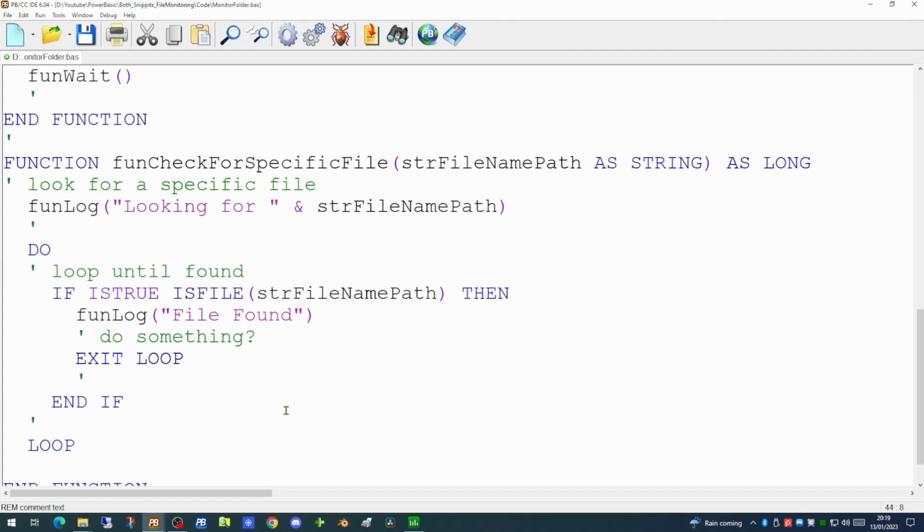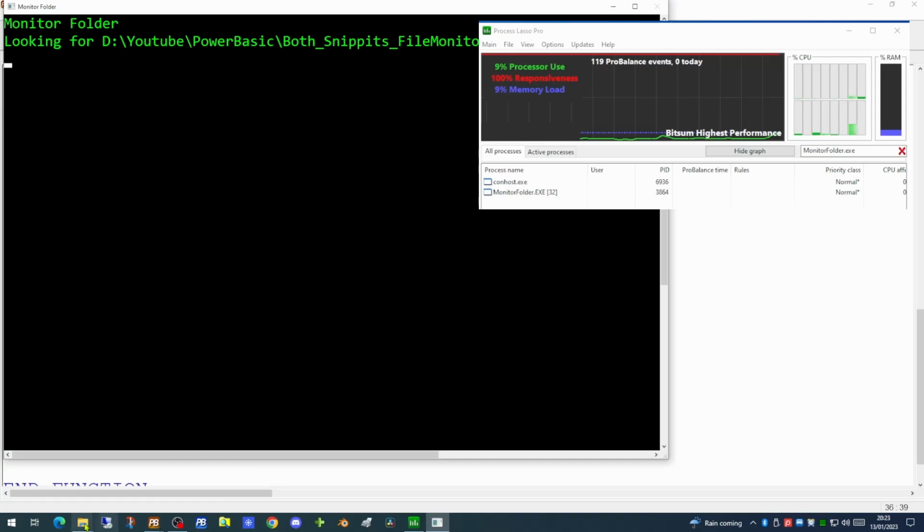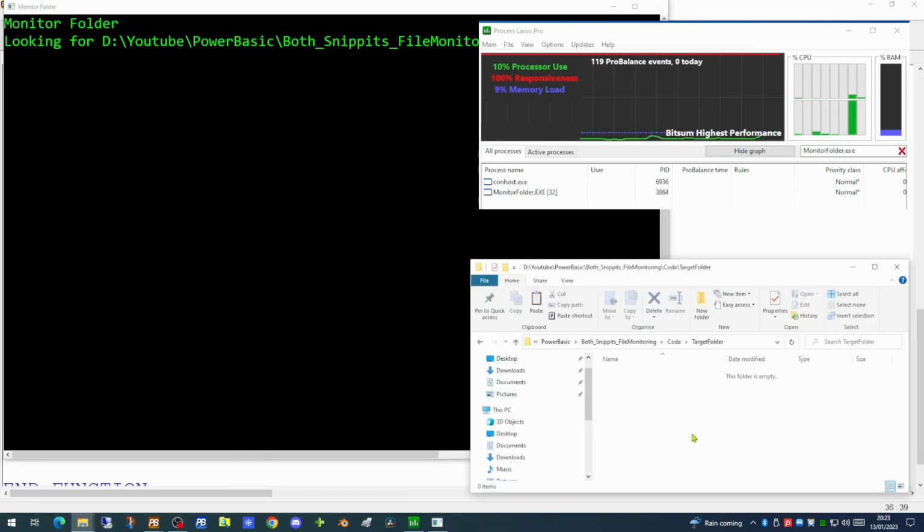Now while this particular function is currently functional, it does have a major issue. So let's try running our application to see how it performs. Now that's our application running, but at the moment the target folder is empty. So the program is running in a loop. As you can see from the display of the CPU usage, one of our CPUs is running at 100% load. So while the application is running, it's very heavy on the computer.